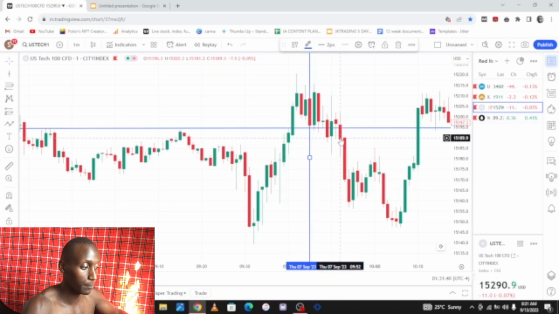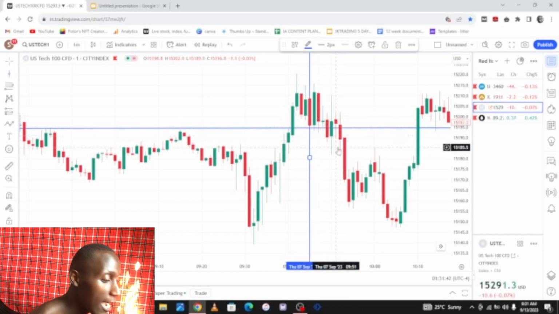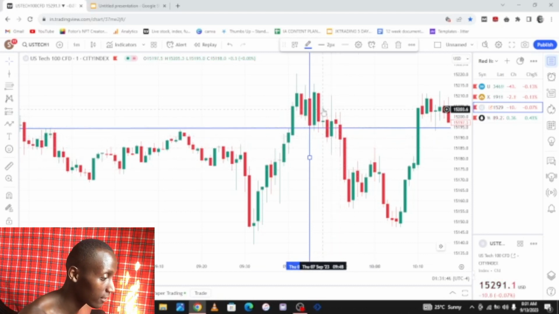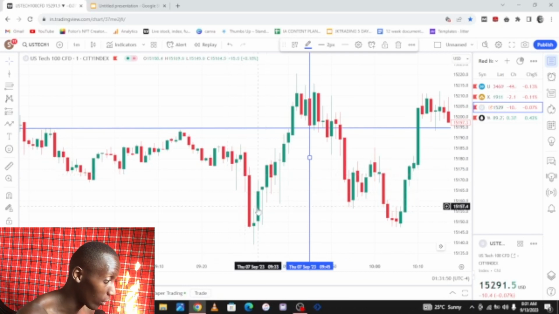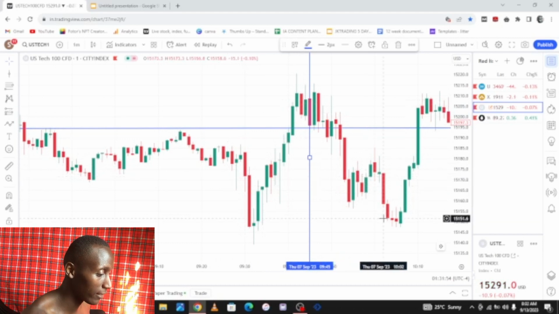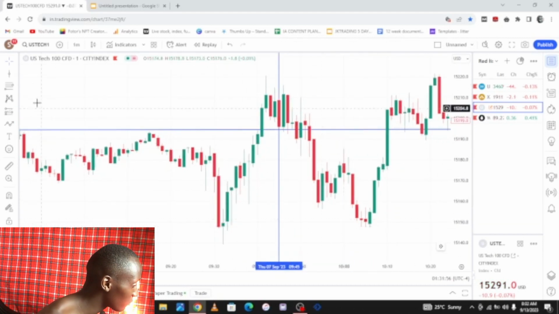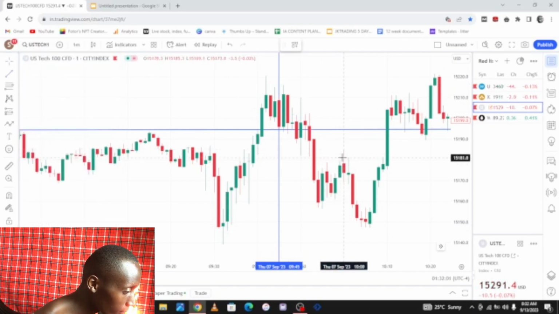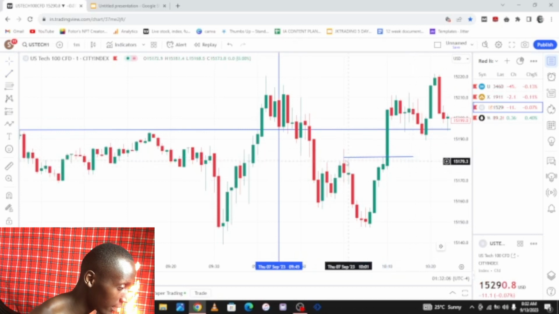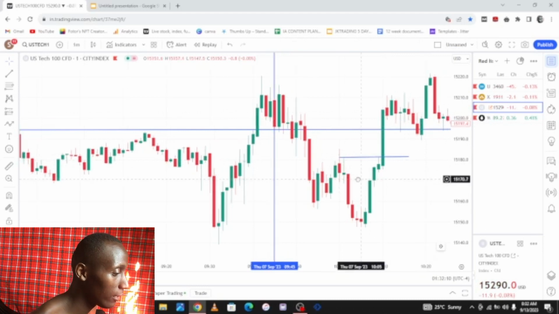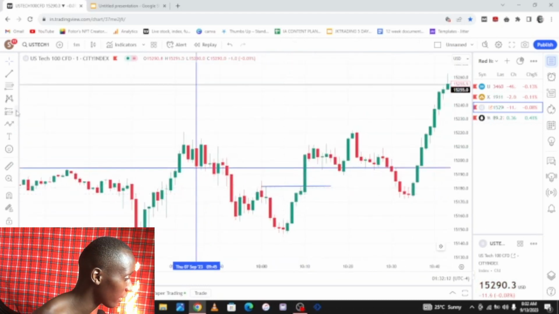What is price doing? Price is breaking down. I'm only interested in a dump or the stop hunt. This is the stop hunt back to those people who went long at 9:30. I'd be looking for a W pattern with a break in structure, and this is where we had our W pattern with the break in structure. So this is where we had the break in structure. This was the most recent high that got broken. Once we have the break in structure, we are only interested in a retest with an engulfment candle,